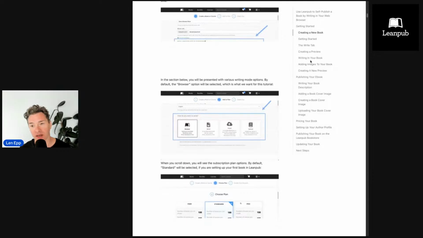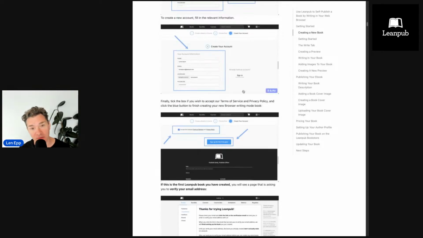We start with creating a book. You can see this really helpful menu that Intercom provides in their help center on the right for all the sections: getting started, the right tab, creating a preview, writing in your book, etc. There's screenshots for everything, so you hopefully should be able to just walk through this yourself and find all the answers that you need. Now, if there's a feature you're looking for that you can't find, or if you're having problems that you can't resolve on your own,